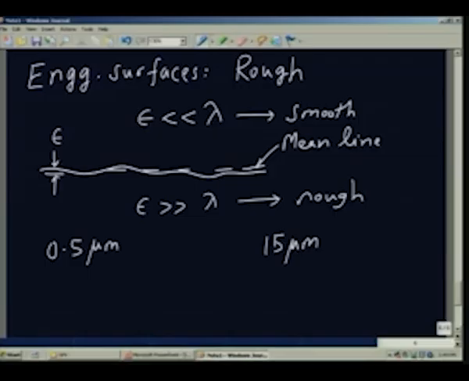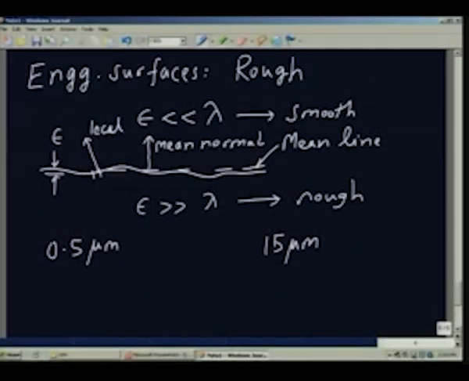So, it will appear like this. So, suppose I take a very small part of that, and I draw a normal. The normal to the mean line is this line, this is the mean normal. So, the mean normal is given like this. Suppose I draw a normal to the small infinitesimal area which I have chosen at a particular place, the normal is oriented like this. This is the local normal. So, the mean normal and the local normal are not the same, and this local normal will keep varying,